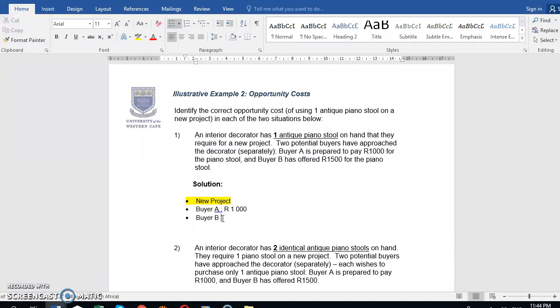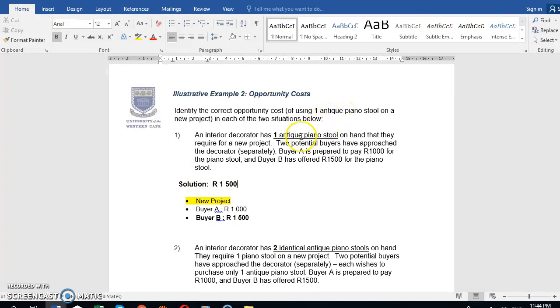B is going to pay us 1,500. So the best alternative that we forgo by choosing the new project is the 1,500. And therefore the solution to part 1 is 1,500,